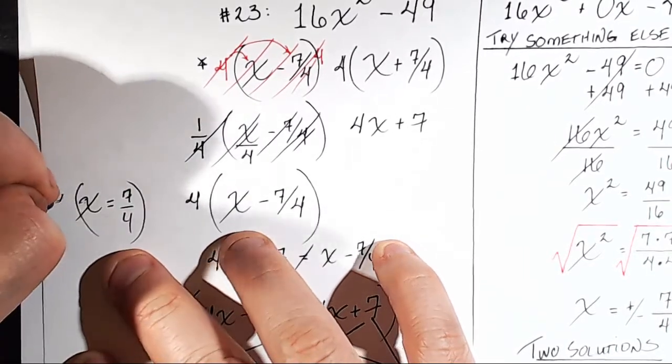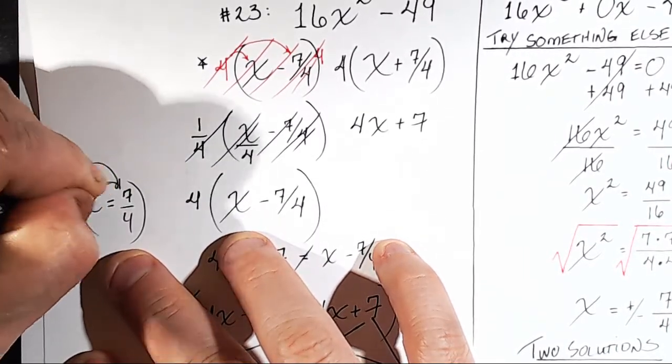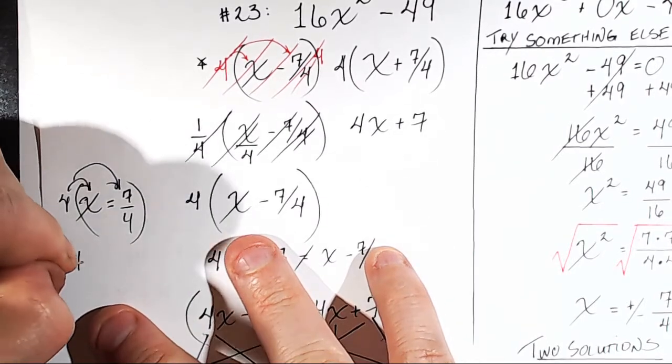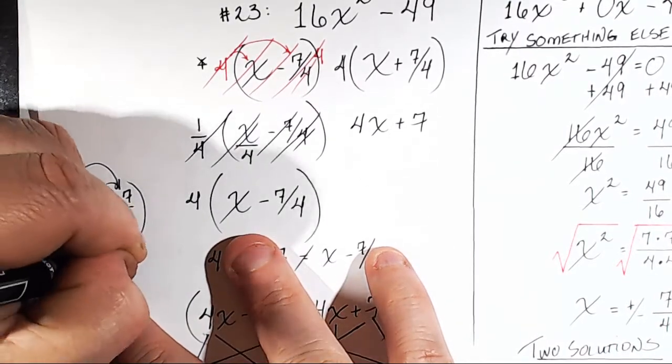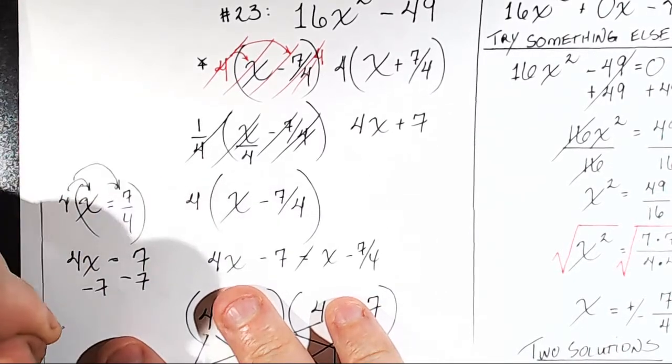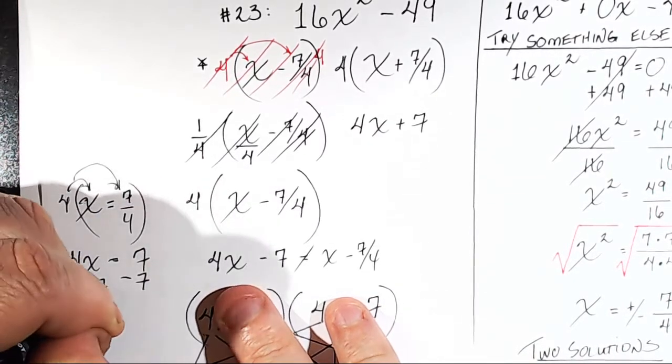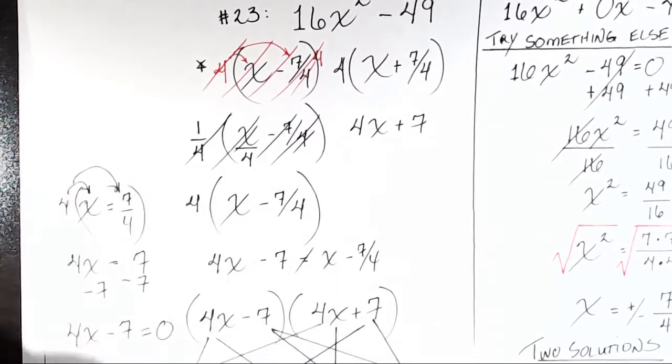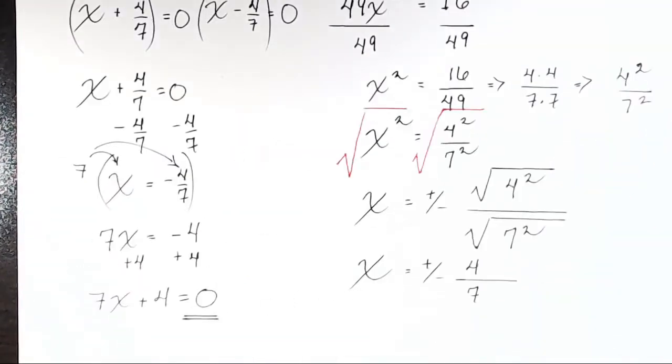Multiply the whole thing times 4. Now you have 4x equals 7. So subtract 7 from both sides, and you have 4x minus 7 equals 0. And that is fine. So we didn't break